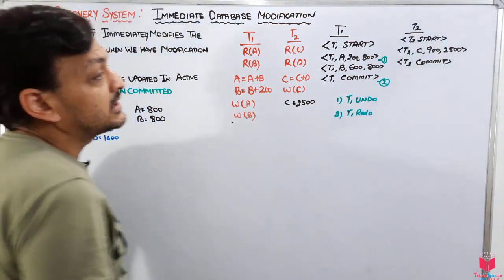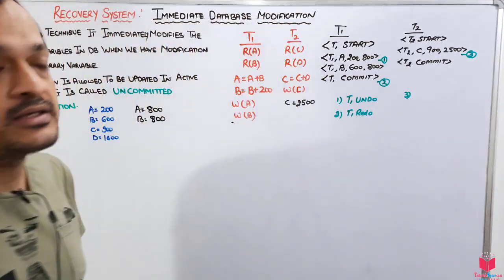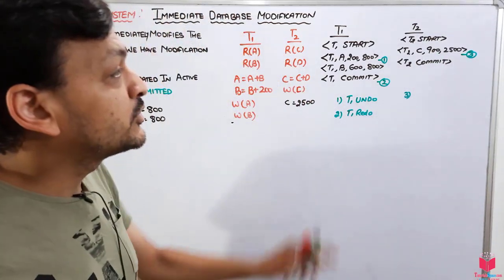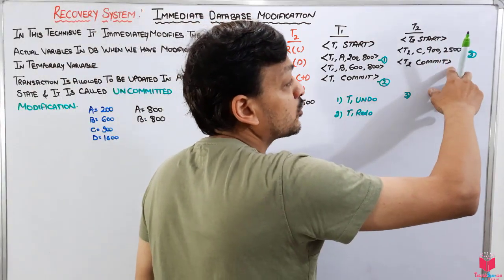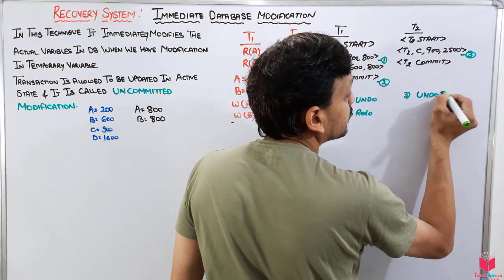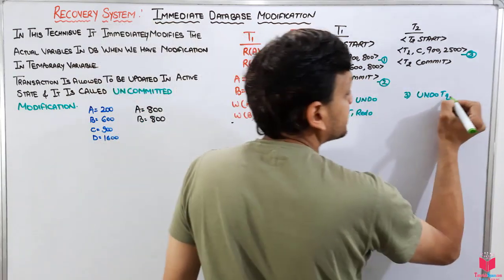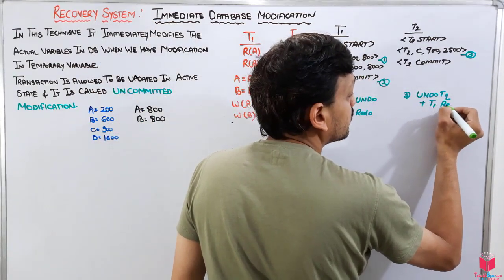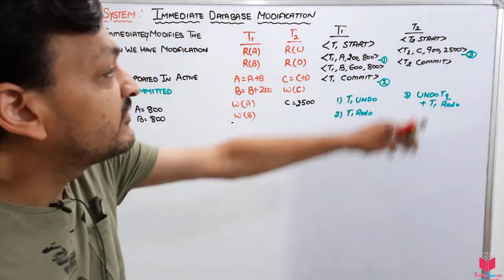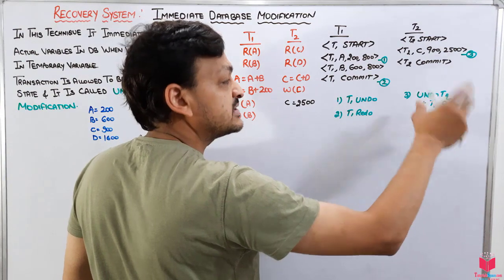Okay, let's suppose we have a failure here at 3. When we have the failure here, the transaction T2 has changed the value of C from 900 to 2500. But due to the failure of T2, there is no commit right now. So that means it will undo T2, but there is a transaction T1 in this schedule that is already committed. So we will take this plus T1 redo. Okay guys, so changes done by transaction T2 on C will not be reflected and will be taken back. That means the C value will be 900 again, and all changes by T1 will be saved there.